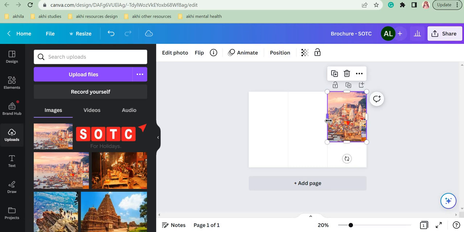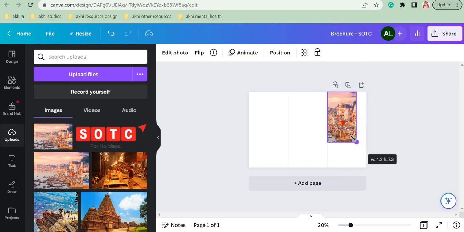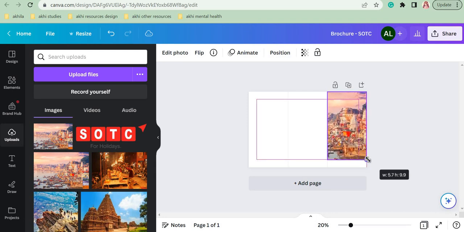You can see when you use these up, down and side anchor points and you click and drag, some part of the photo is getting cut. But when you use the corner anchor points, the same photo, only the size is changing. Nothing else is changing. Nothing is getting cropped out. So this is a very basic thing you have to know.